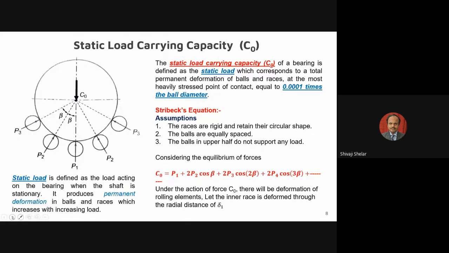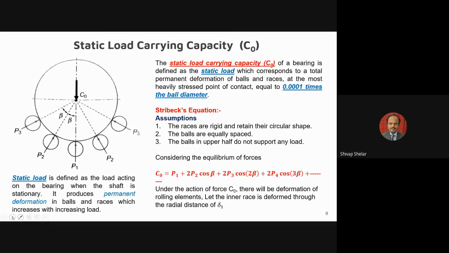SKF has a number of manufacturing plants. One such plant is in Pune also, as well as they have ancillary plants in Nashik. The Pune plant is a bigger plant, and they manufacture a large amount of ball bearings here. The plant shown right now was a Lytton plant. They manufacture roller bearings, cylindrical roller bearings or spherical roller bearings.